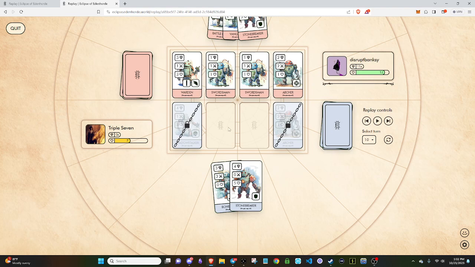Whereas if I get a warden, it's possible that I can knock both of these swordsmen out within a couple turns, which would change the board state a lot. So I would definitely put the battle healer down there. It's still not looking good for me, so